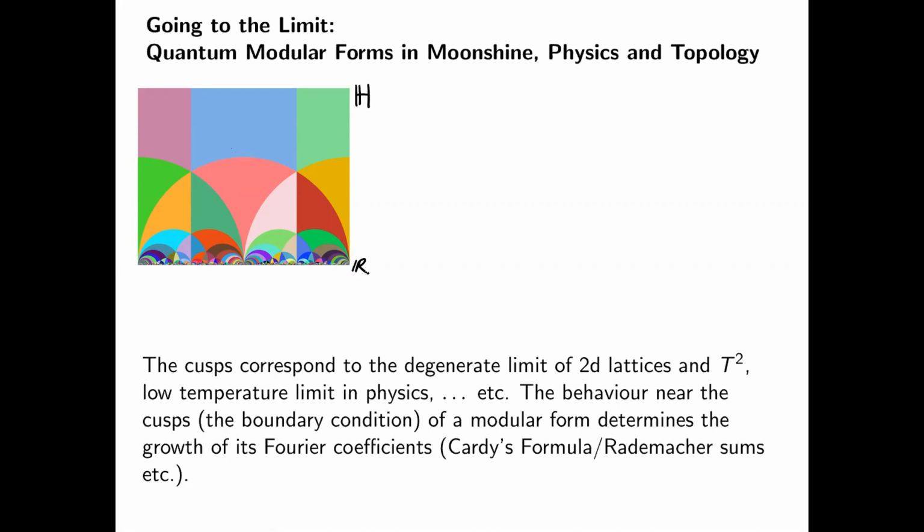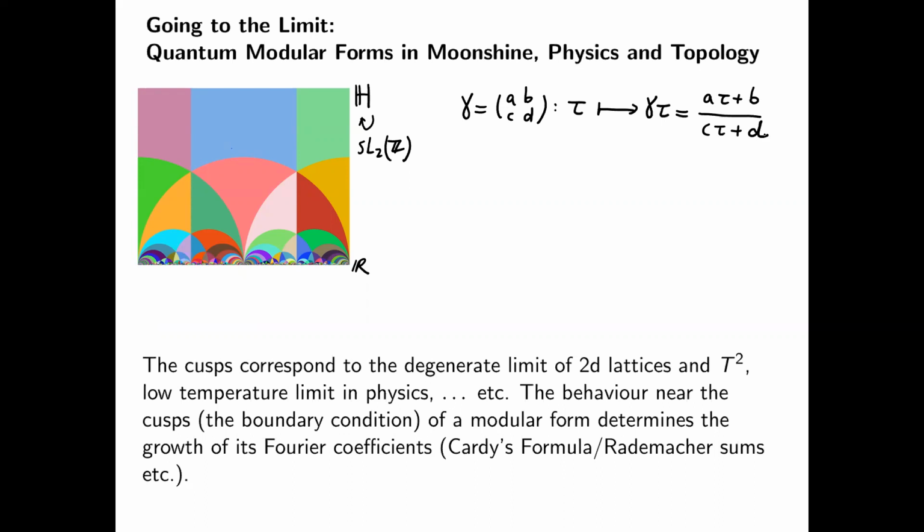This boundary here, and the colorful tessellation we're showing is the tessellation by fundamental domains of the modular group SL(2,Z), which acts on the upper half plane in the familiar way. I'll just write it down explicitly for the sake of setting the notation. So what we call gamma tau is just this familiar transformation here.